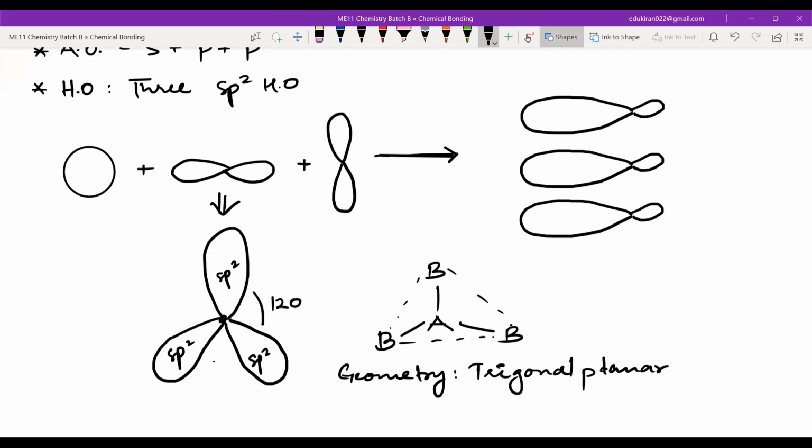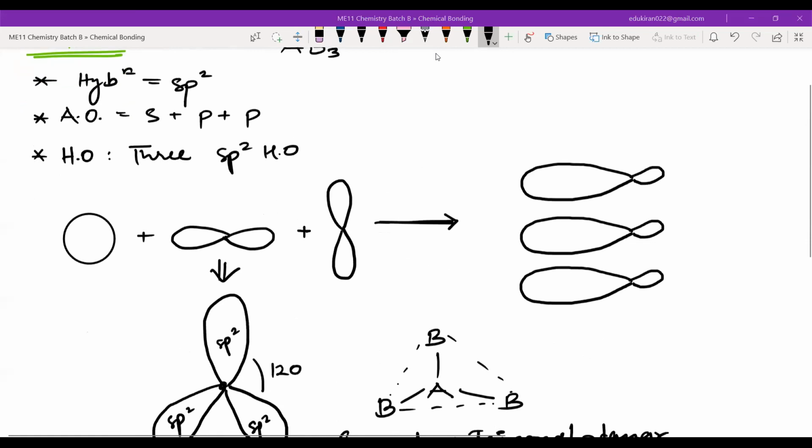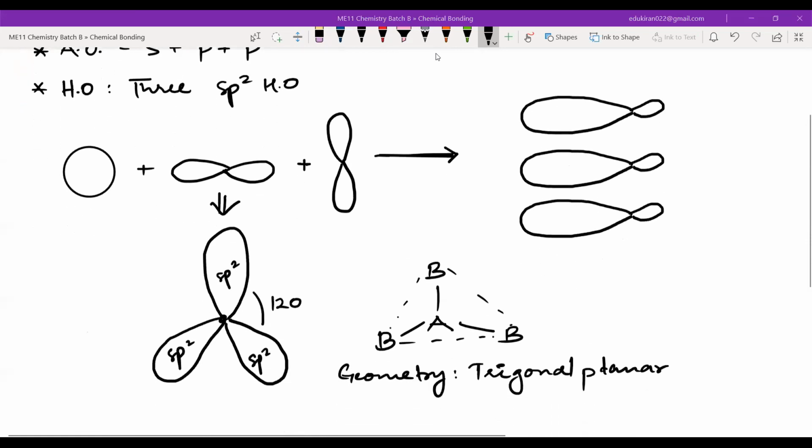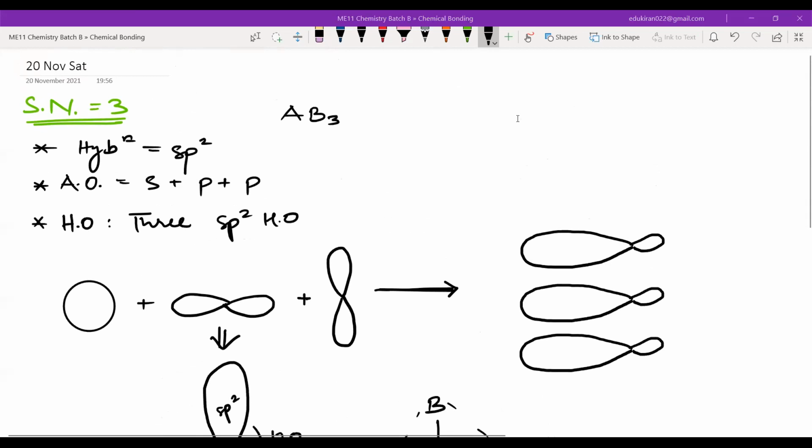Okay, Muhammad Umar, the question that you sent me, the only thing that you did not do was the hybridization. Now you understand that you have to hybridize it also, right? You have to mix it also. So this is your AB3. We will look at an example. Can you zoom out a bit? Okay, you can write this. Just a minute.